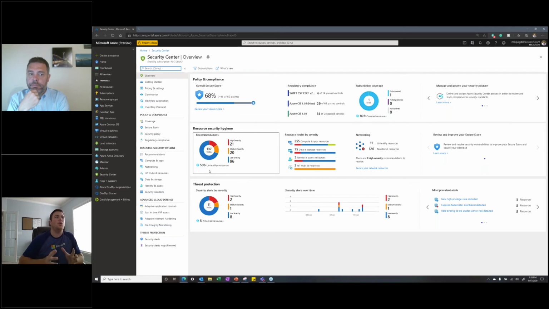So Secure Score is about visualizing that data and then getting the insights to take action on the data that you get back. Security Center is deeply integrated with logic apps and other tools that basically allow you to remediate security actions or anything else in real time. And I'll actually show you that here.